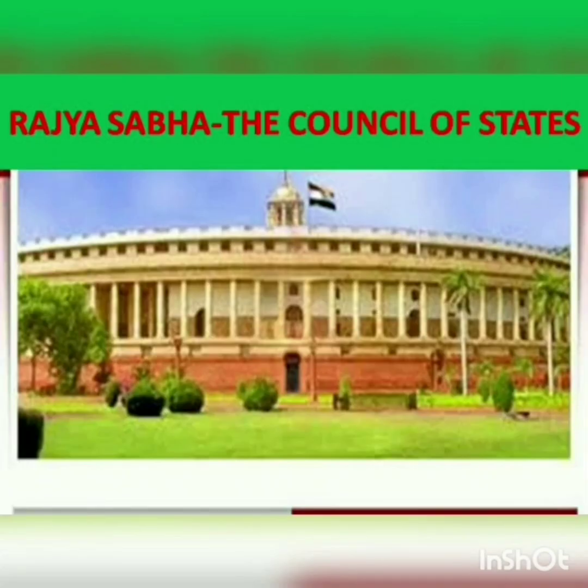So let's begin with the concept Rajya Sabha. In the previous part of this chapter, the parliamentary system, we have studied the topic of Lok Sabha, its composition, term, etc. As you already know, our parliament consists of two houses, Lok Sabha and Rajya Sabha. Today we are going to study Rajya Sabha. The Council of States, or the Rajya Sabha, is the upper house of the parliament.